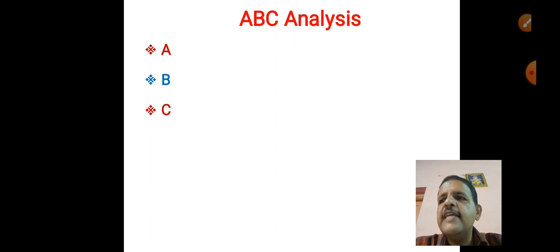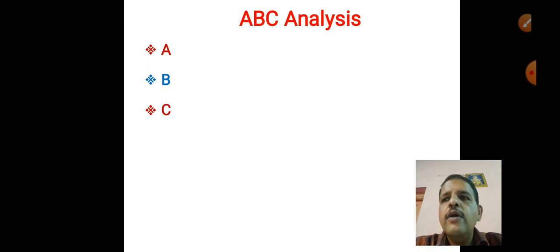Under ABC analysis, the different items are classified into a number of categories according to their importance. The first category is treated as A. Why A? Because such items consist of small quantity but high value.